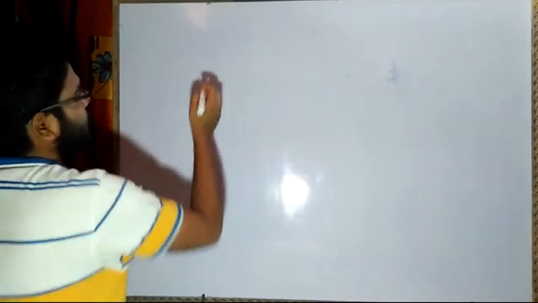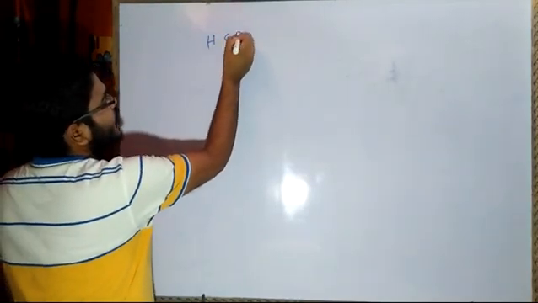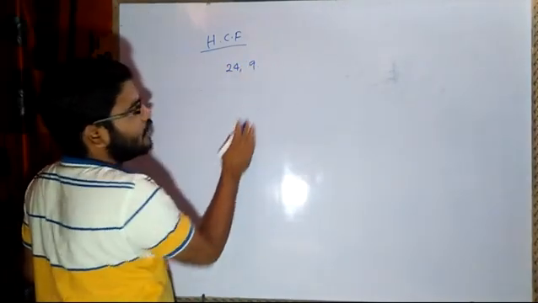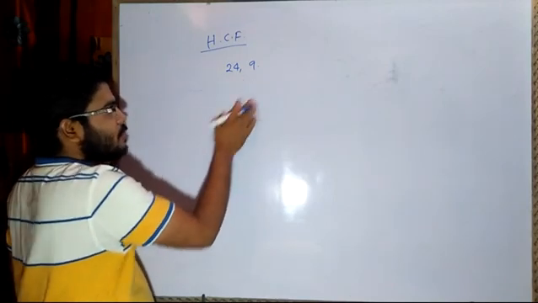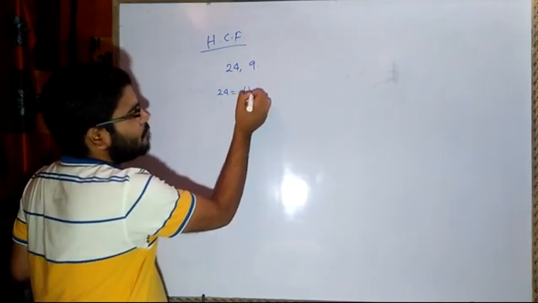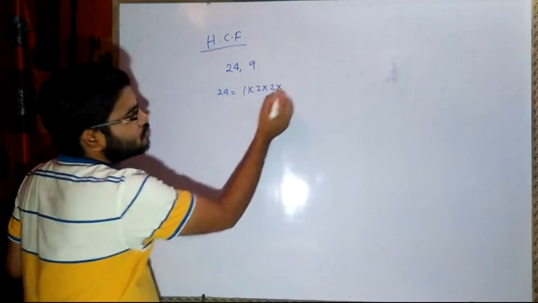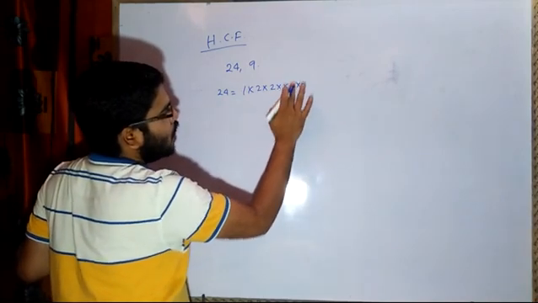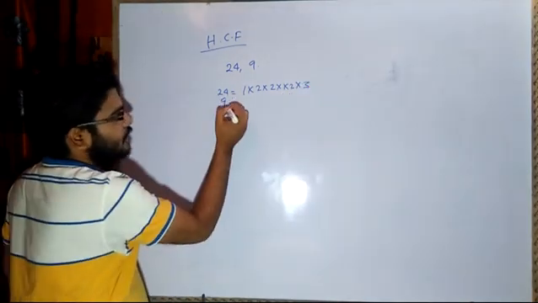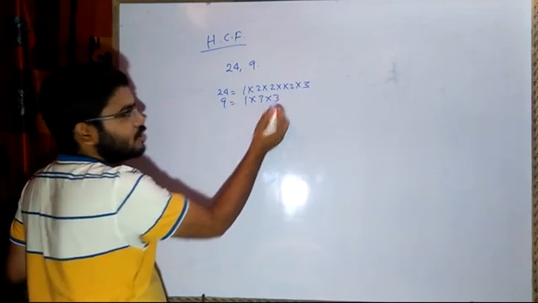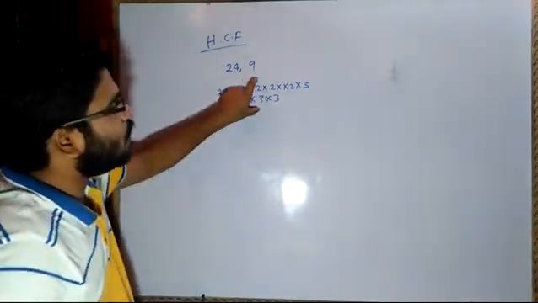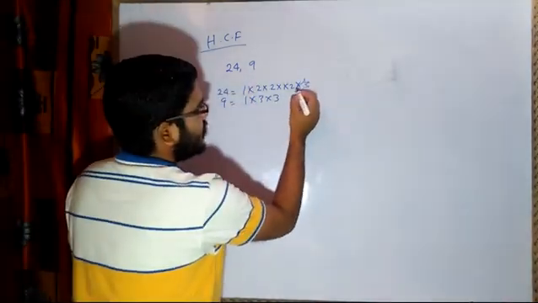Now we will be seeing the HCF using the prime factorization method and the long division method. Now highest common factor, HCF stands for highest common factor. Suppose I am having here 24 and 9. Now what is the highest common factor of these? I will write 24 is equal to 1 into 2 into 2 into 2 into 3, 2 2s are 4, 2s are 8, 8 into 3, 24. 9 can be written as 1 into 3 into 3. Correct. Now highest common means we have to see which number is common in both the terms. Like here 3 is common with 3.